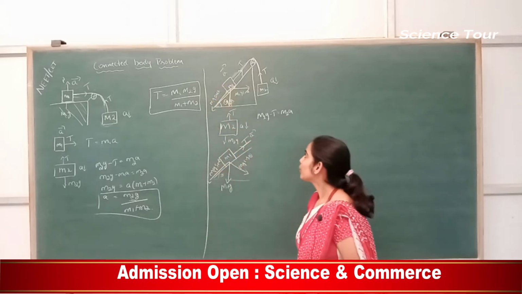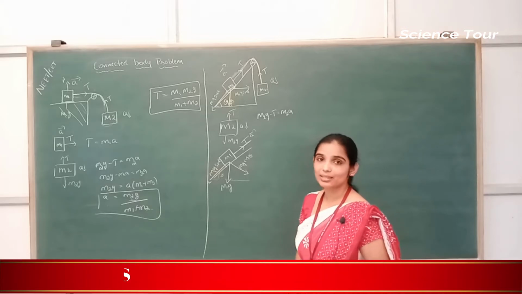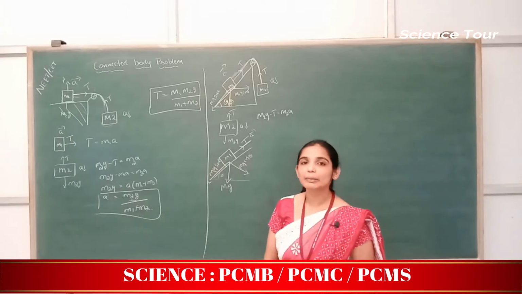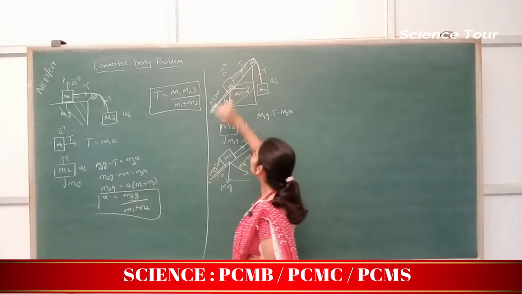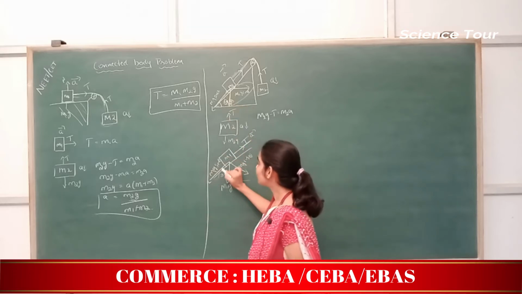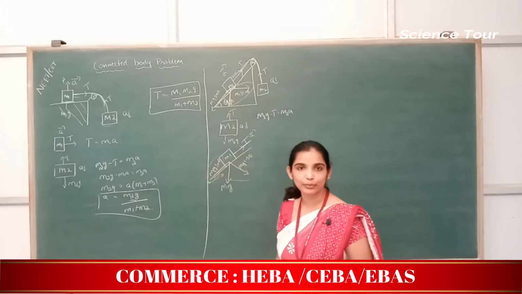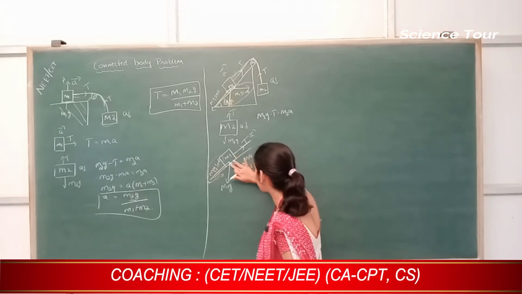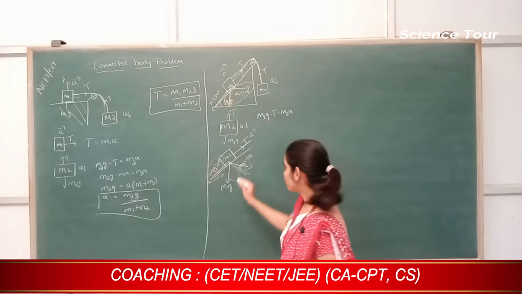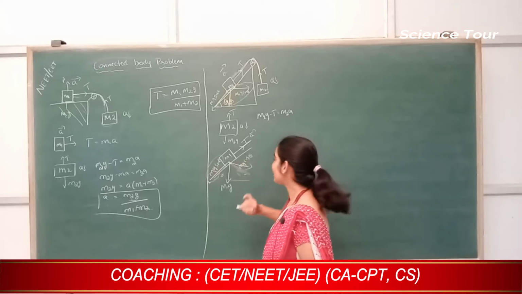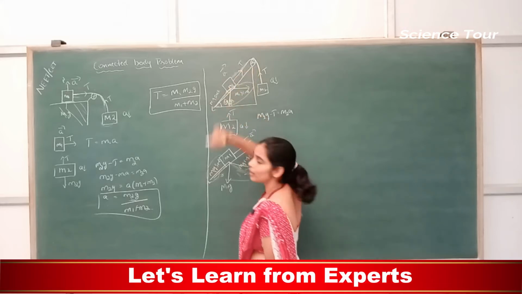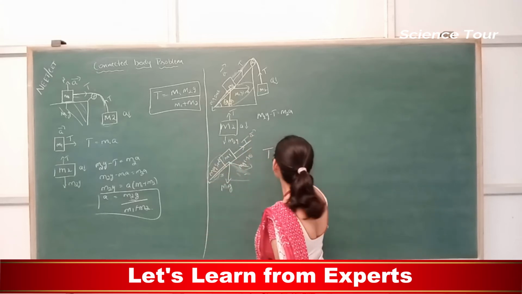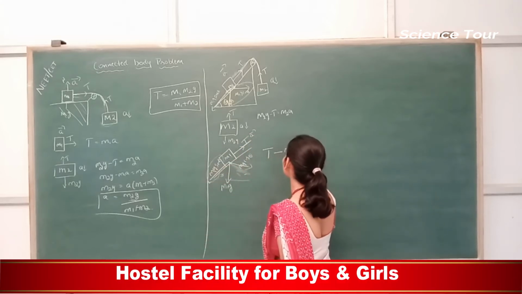So now, which are the unbalanced forces? Tension and m1 into g sin theta are the unbalanced forces. These two are balanced, the y component of the weight of m1. The x component is balanced. This is how the x component should be. X component is balanced. So now, by applying Newton's second law, you can say that acceleration is towards tension, so tension is greater, minus, which is the force opposite to that? m1 into g sin theta.